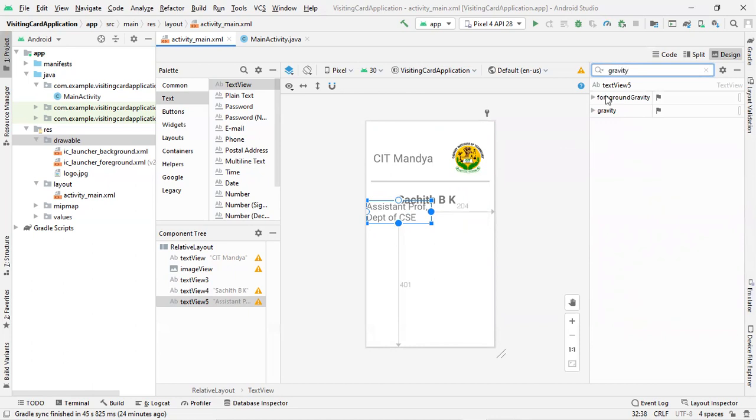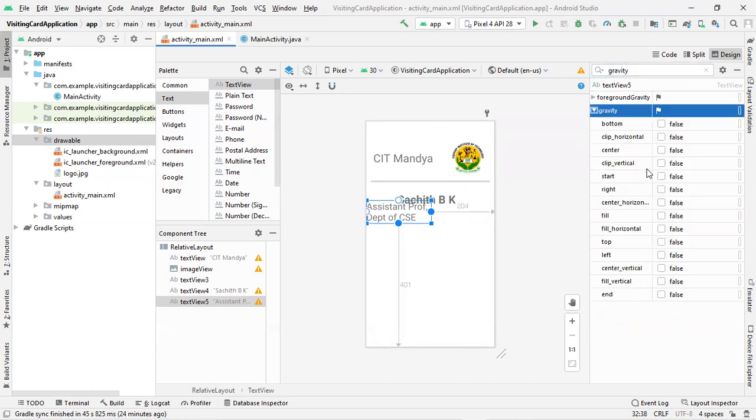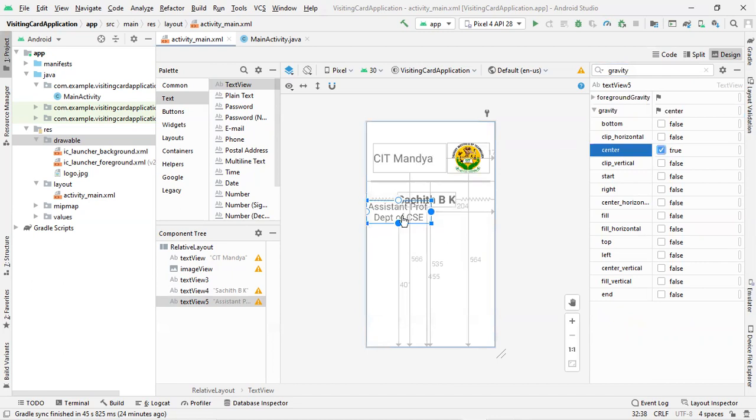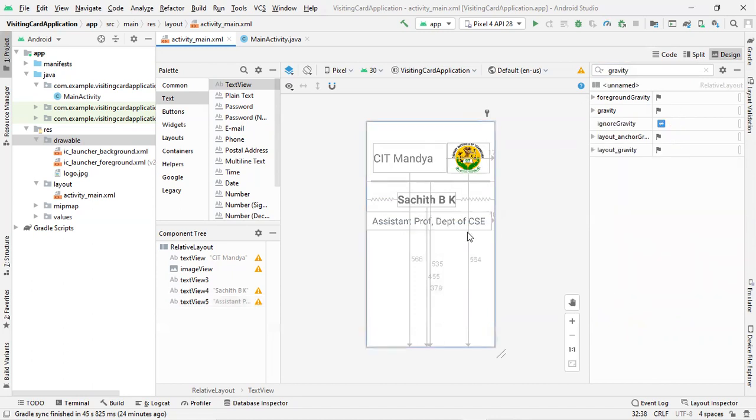Let's go to gravity, then we can do the center alignment. Once that has been done, you can drag and drop just below and extend it so that it gets aligned in a single line. As you can see, this is how it will look: Assistant Professor, Department of CSE. So this is the second requirement they have asked, that is to give the designation of the employee.